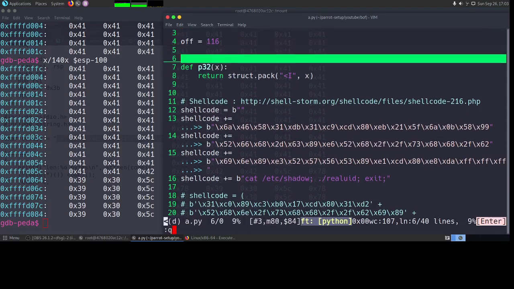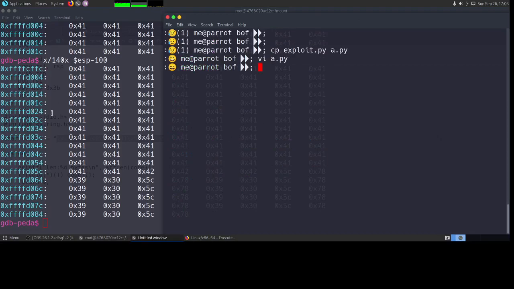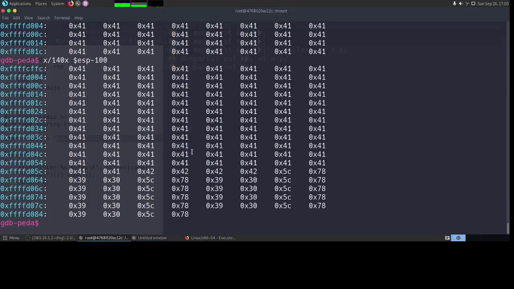Okay, so now when we are overwriting the EIP, what we also want to do is convert it to little endian format. So the address that you have here will actually become something like this, right? First you will have 24, then D0, then FF, and then FF. So this is how it should be in memory. The final address that you want is basically this. That is what should go into your memory.